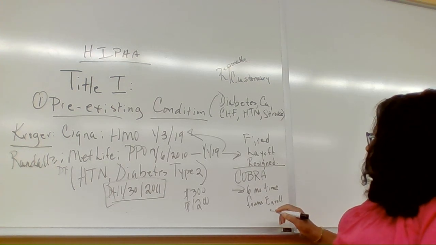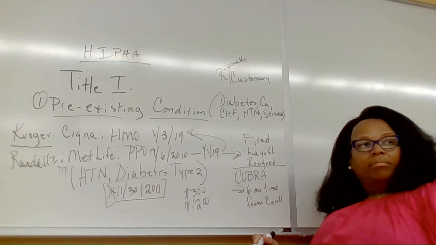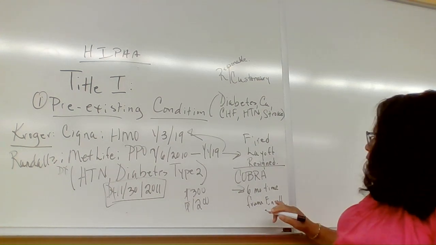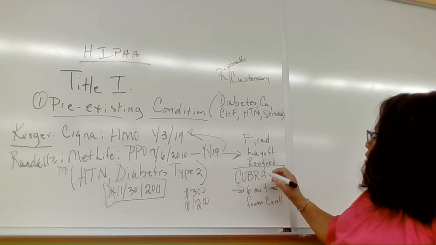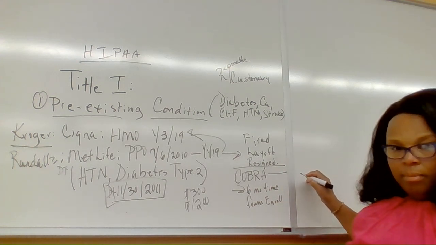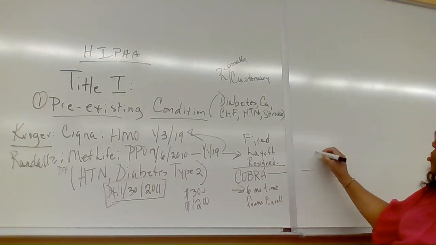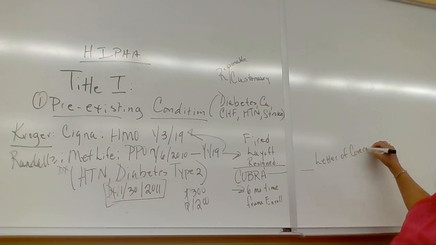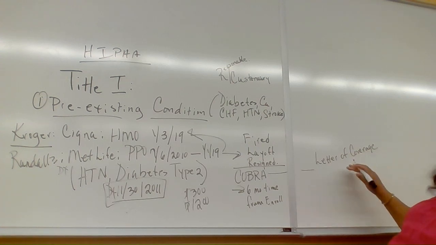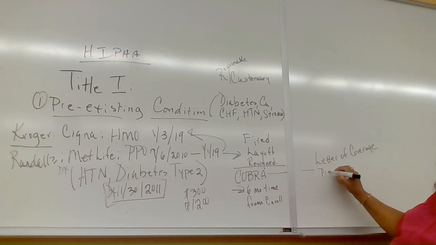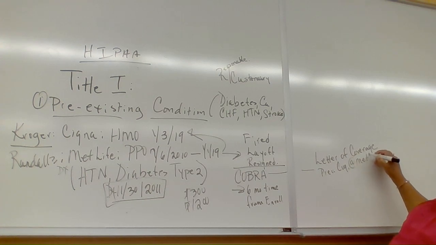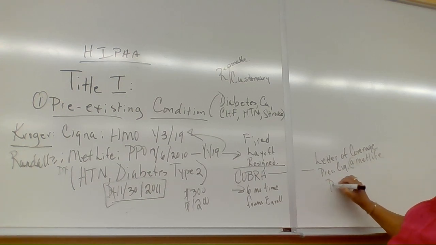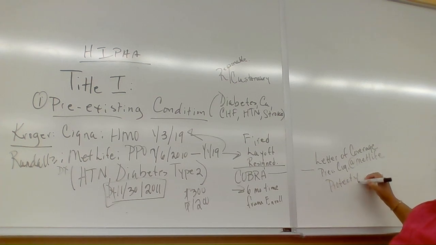So for 6 months, you're offered that time limit to either take it or reject it. Now, at this moment, they are supposed to send you a letter of coverage within 30 days. That is to tell you that you've had previous coverage at MetLife. This right here is supposed to protect you, the employee or the patient,